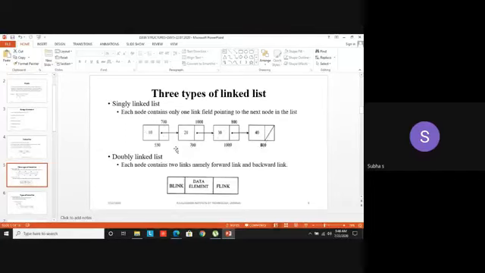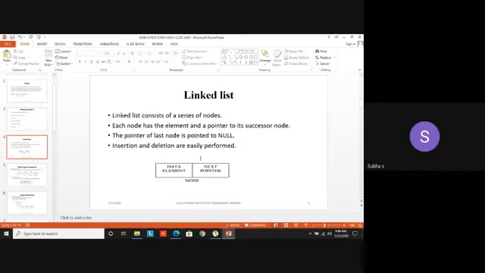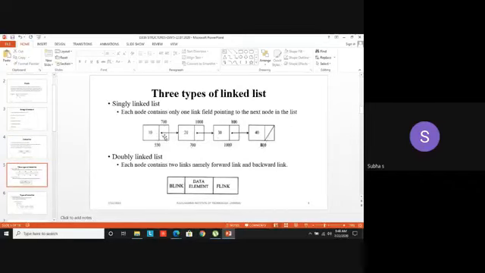As told, just look at this one: data and the next pointer. This 10 is the data. This is the pointer pointing to whom? Pointing to 20. What is the address of 20? 700. 700 will be stored in the address field of the element 10. Listen carefully. If you are confused with these things, you can't get the things which we are going to deal with in detail, because hereafter we are going to see all these implementations with respect to list.